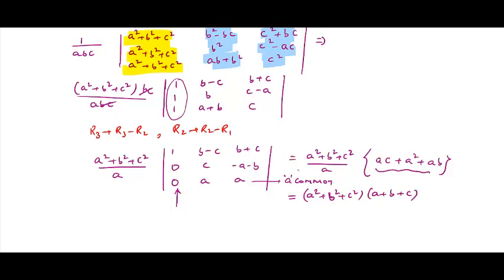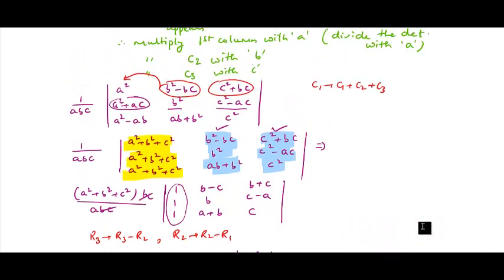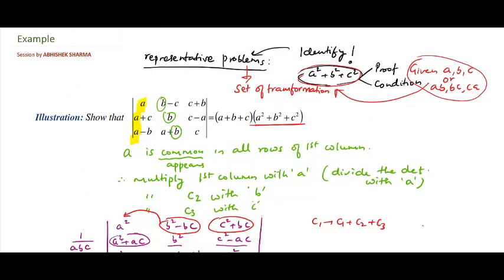So again, an interesting problem, and it's a very important strategy. Whenever you want A square plus B square plus C square from either ABC or AB plus BC plus CA involving terms, then we always multiply some columns with A, some with B, some with C, or we multiply some rows with A, some rows with B, some rows with C, and then we maybe go for the further transformations, right?